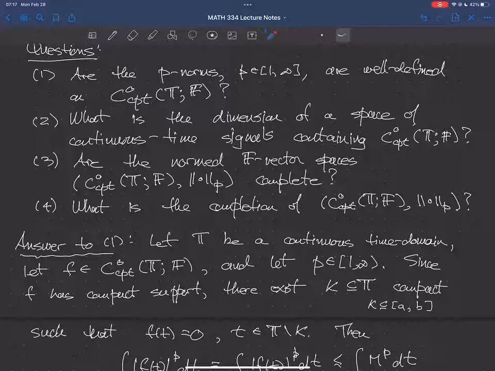And what we're going to see is that these spaces are complete in one case only. And that's the case where the time domain is compact, okay, and P is infinity. Okay, in all other cases, this space will not be complete. Okay, and then we need to talk about its completion. And the discussion of the completion is going to break down into 2 situations, one for P equals infinity and one for the rest.